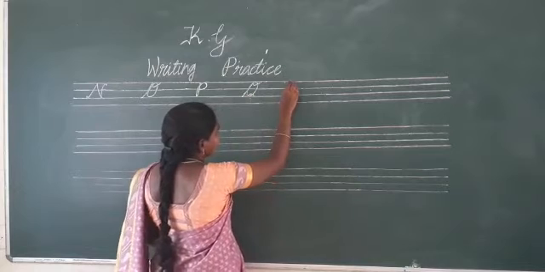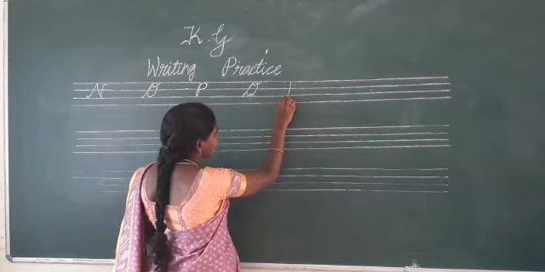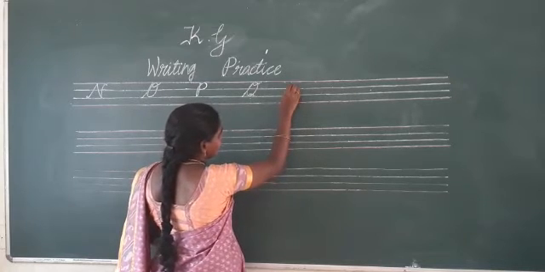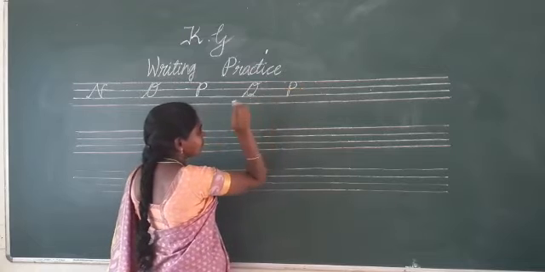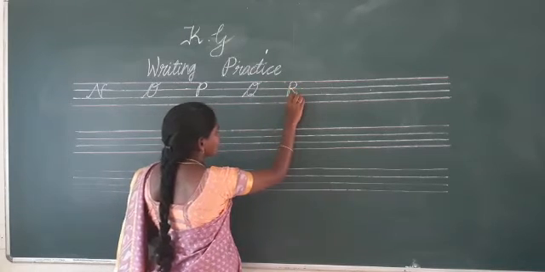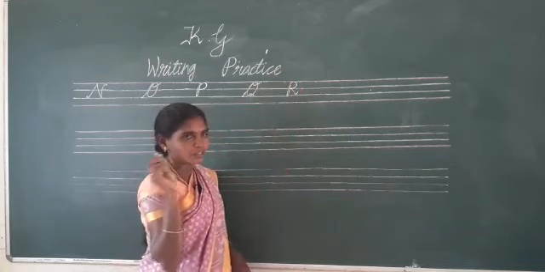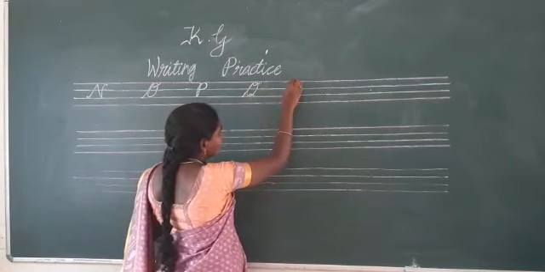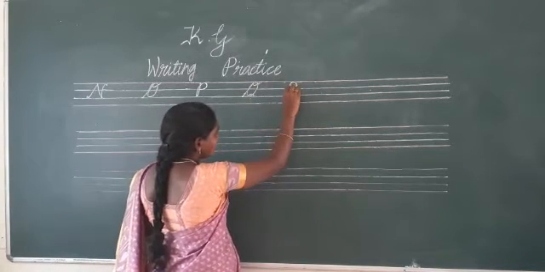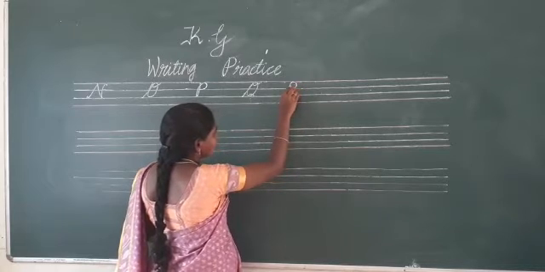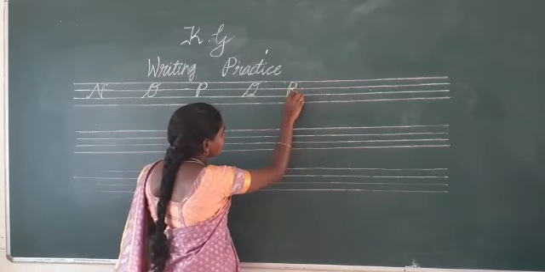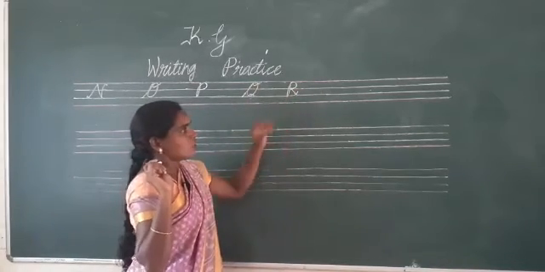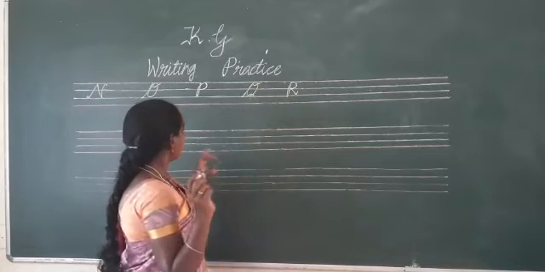Then next to Q is R. How to write R? Just draw a straight line and another straight joining with that, and a curve and a slanting forms the letter R. A straight line, a loop form of line here and a small curve, and join the curve and draw a slanting line. Okay, this makes the letter R. Okay children?